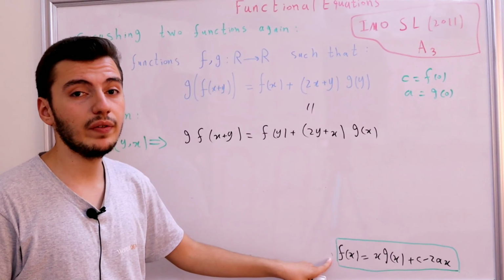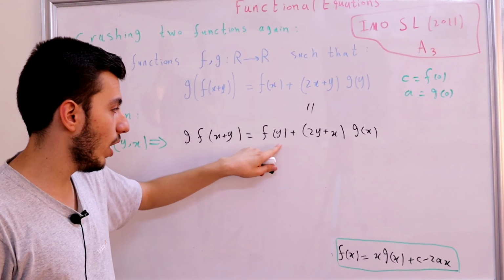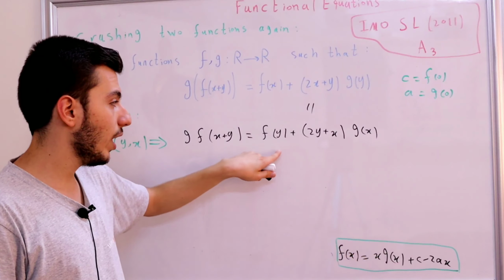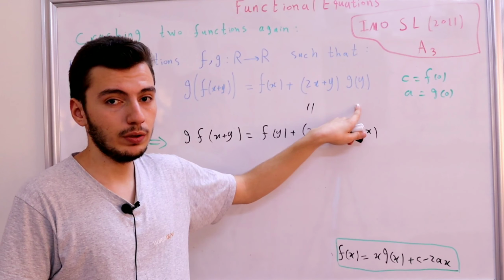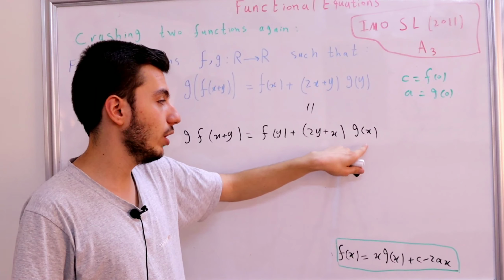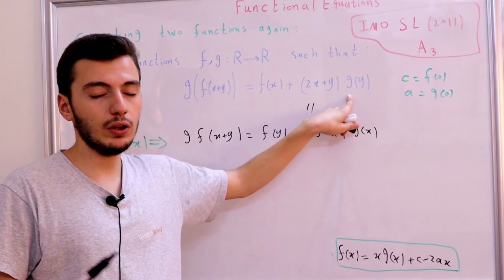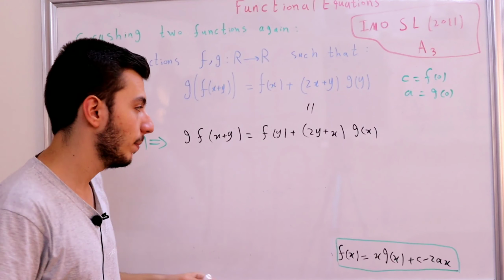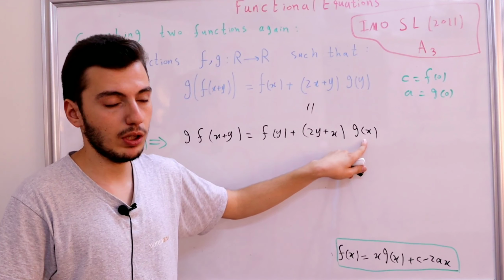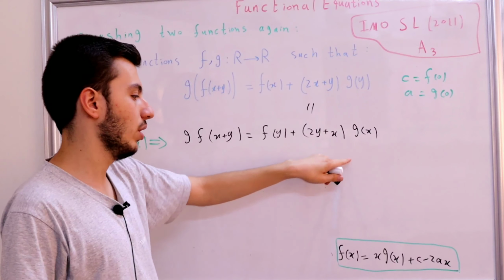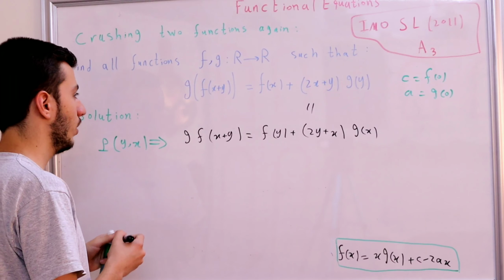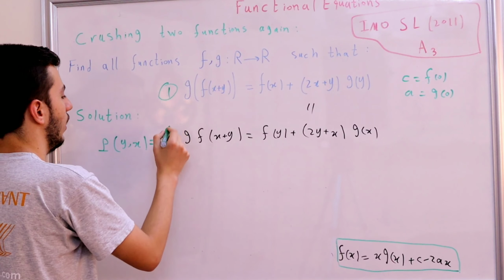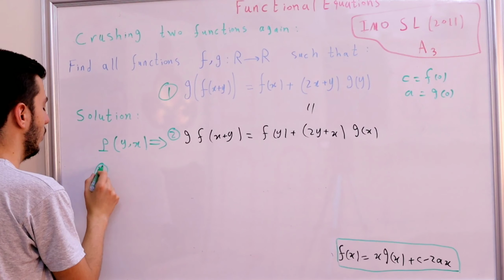But remember that we know the value of f. So now I can substitute f of y with this and f of x with this, using this. So now I have only one functional equation with only g. I have g of x, and that is linked to g of y. So our problem is nearly done. We just need to write some substitutions and do some calculations. Let's again give this a number. So this is 1 and this is 2, and from 1 and 2